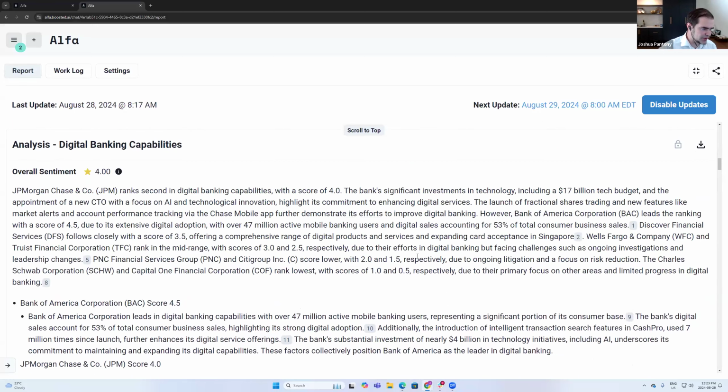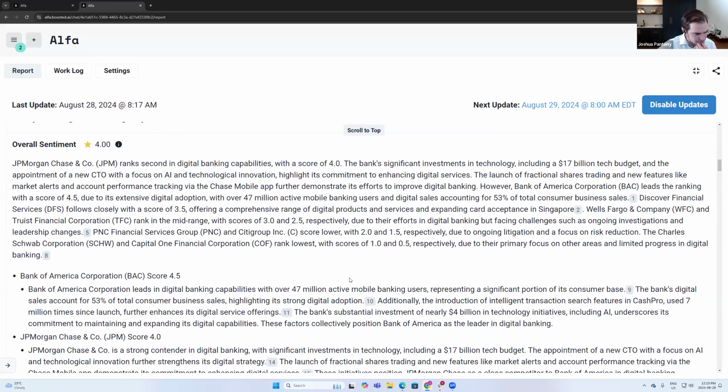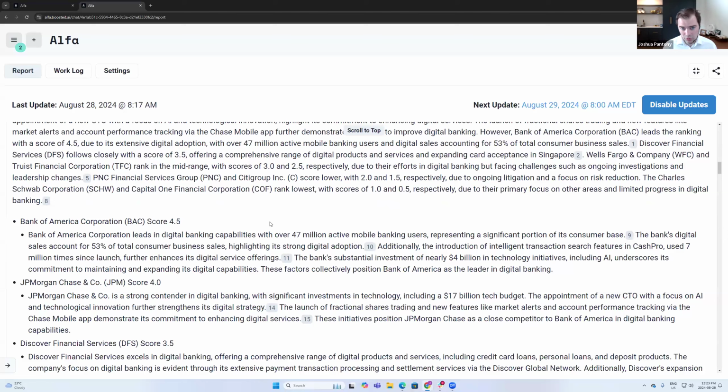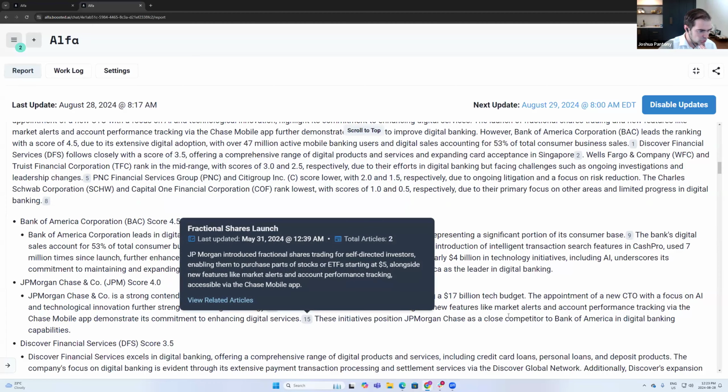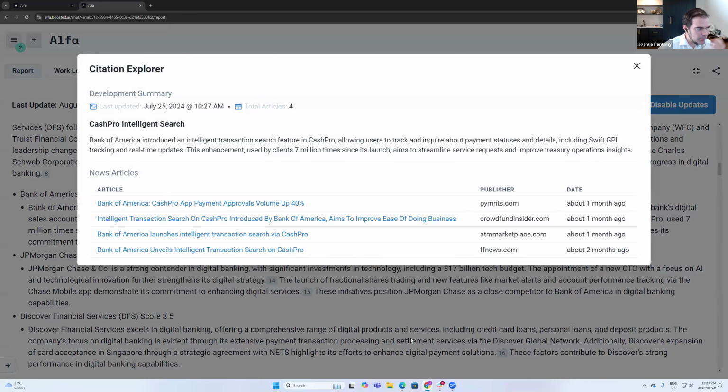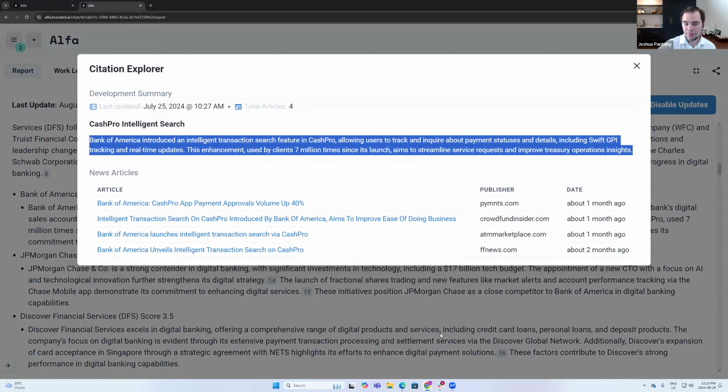And so one of the really powerful things is, when you put in a query like this, because it's building out this long range work log, because it's building out this long range automation, it can analyze tens of thousands of articles. And so, when I look into these, when it does its citations, it's not just showing 1 or 2 articles, it's actually showing like a bunch of different articles or a bunch of different documents that are all kind of aligned with the set of information that it's showing.